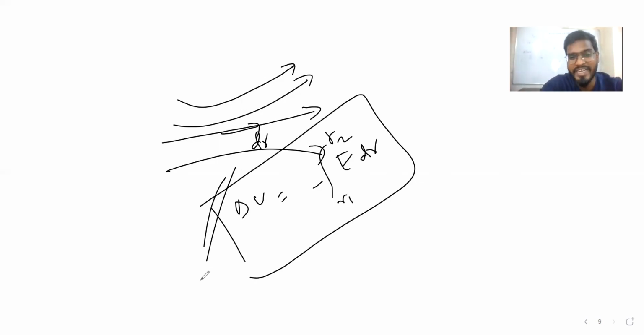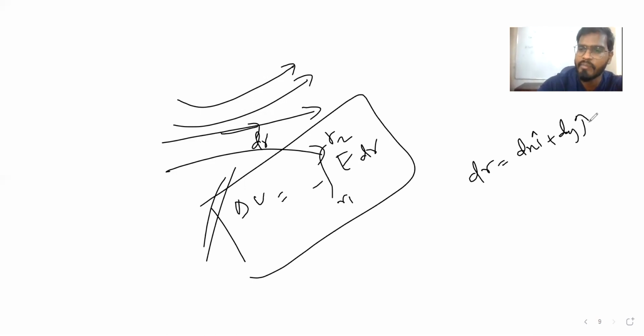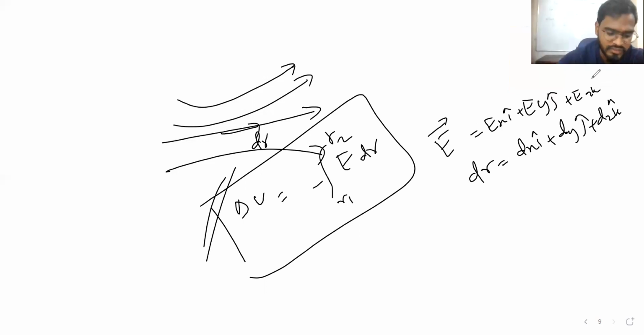Now the problem comes with delta R. Delta R is a vector quantity. Now suppose electric field is acting in the x-axis, y-axis, z-axis and is non-uniform, so it can act simultaneously in all the directions. So delta R we can write dx i cap plus dy j cap plus dz k cap. These things will come. So we can say when electric field will be Ex i cap plus Ey j cap plus Ez k cap, if it is acting like this.